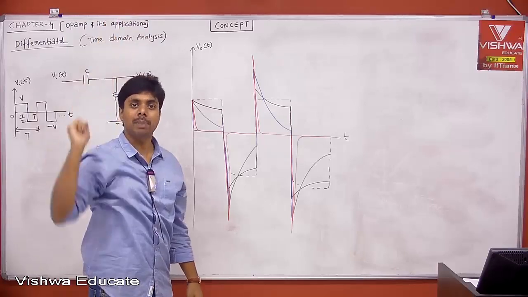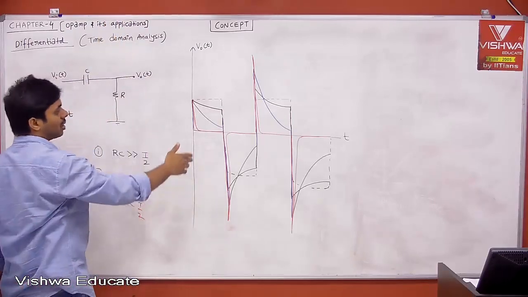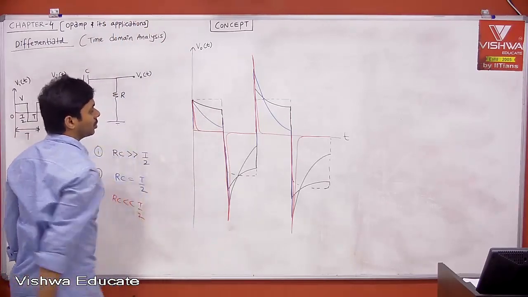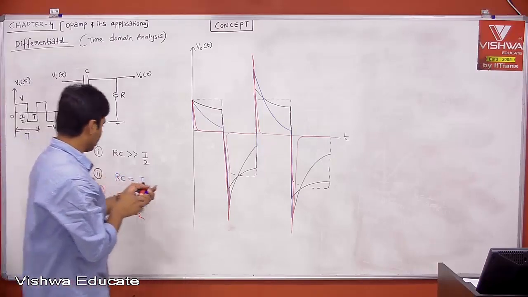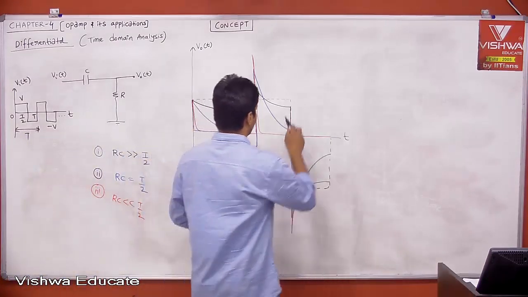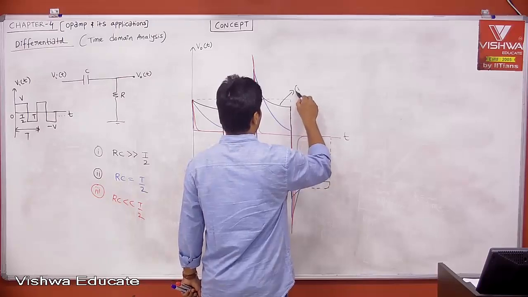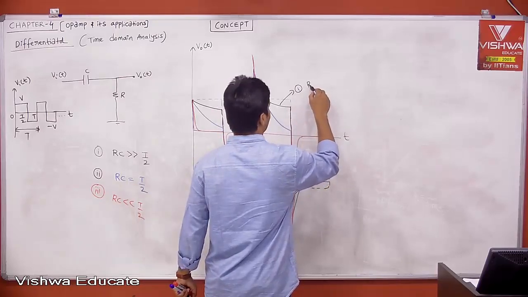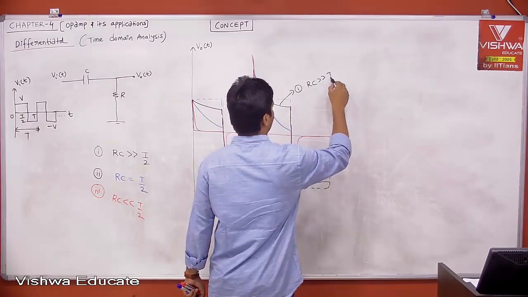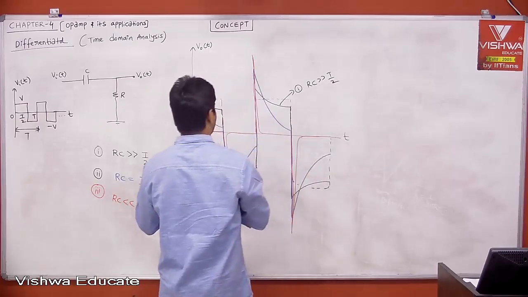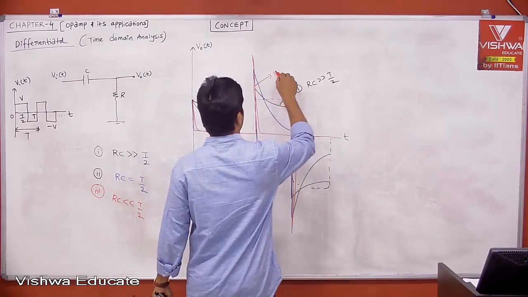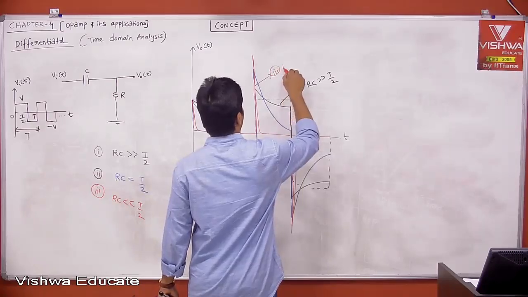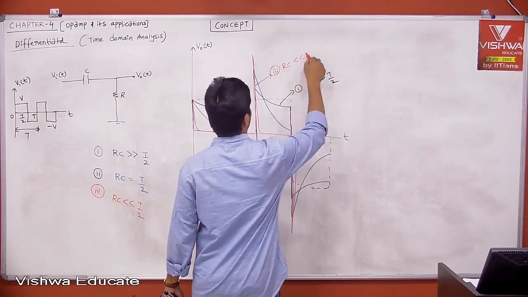Then that is what is called impulse. But practically it is not an impulse, but it has huge strength. Therefore, just listen. This is case 1, where RC is very much greater than T by 2. Now the red one is case 3,